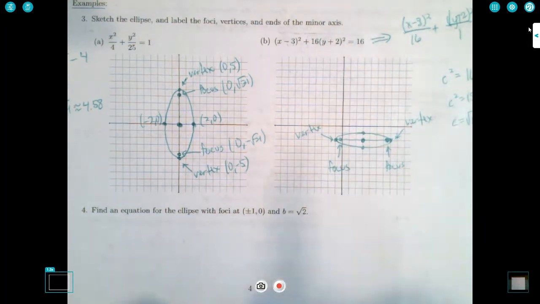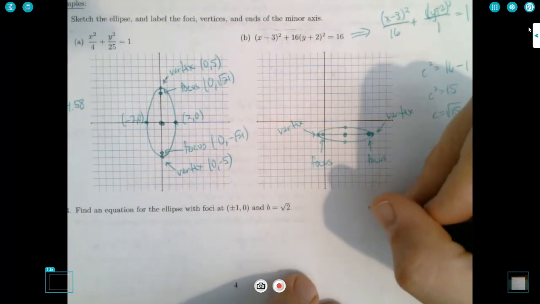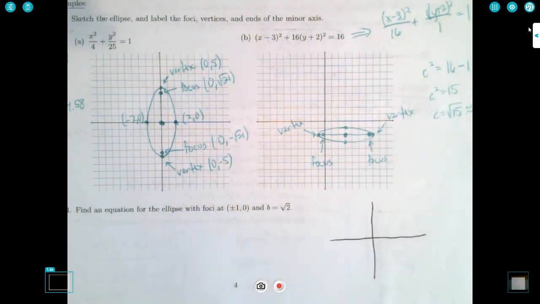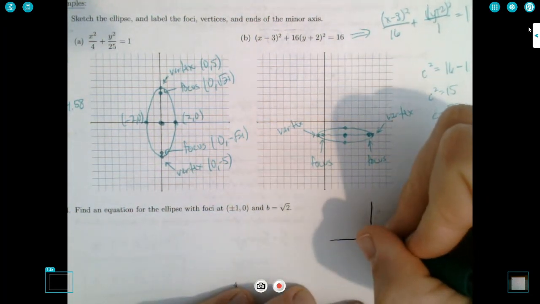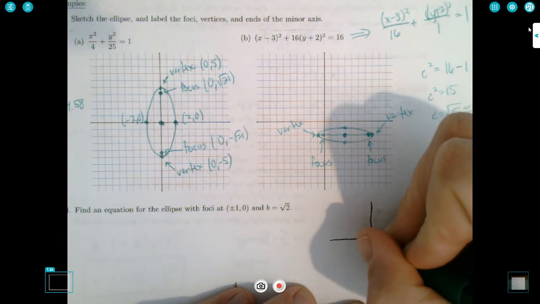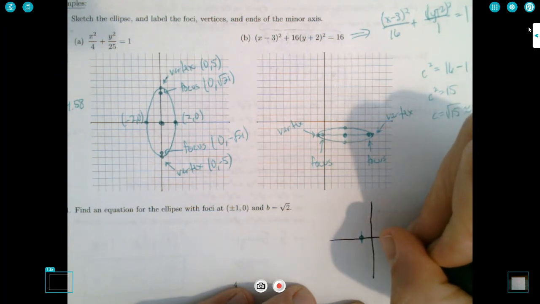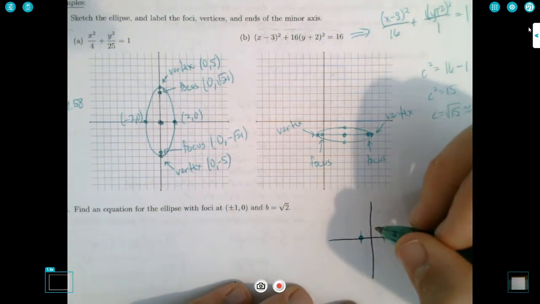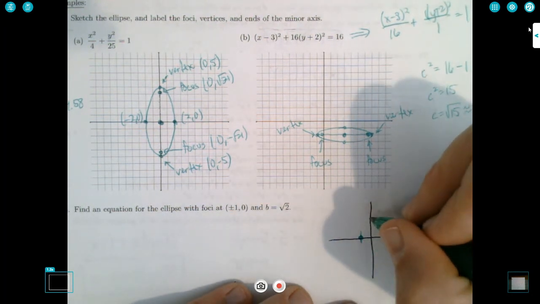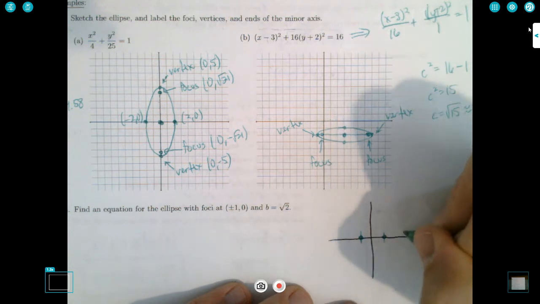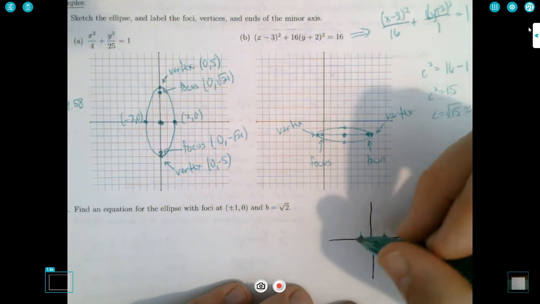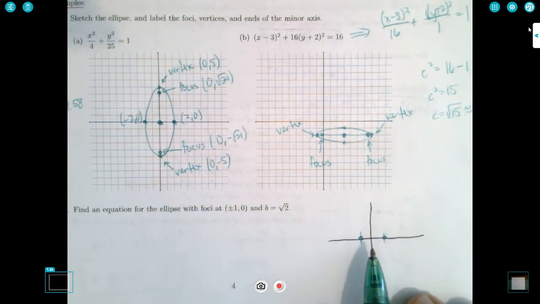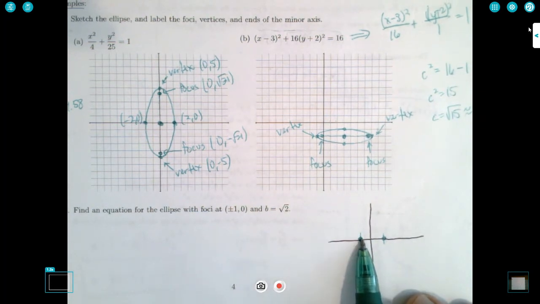In this case, let's see if we can get our bearings a little just by drawing a quick sketch. So the foci are at negative 1, 0, and positive 1, 0. Okay. So the ellipse, now I don't know if it's wider than it is tall, but I know that it goes around those 2 points. Now I also know that the distance between a focus and